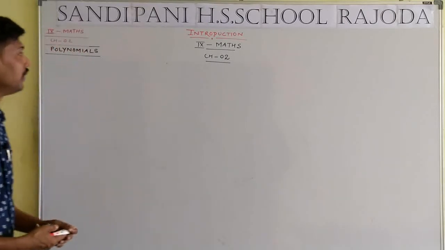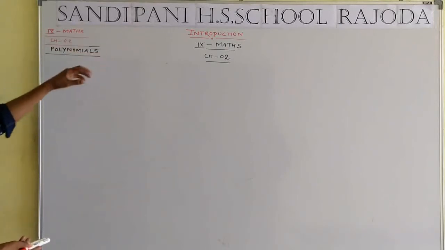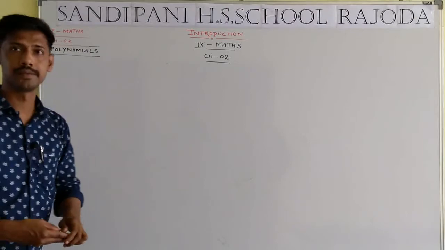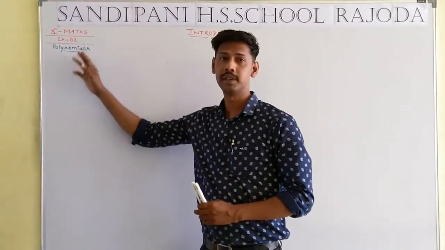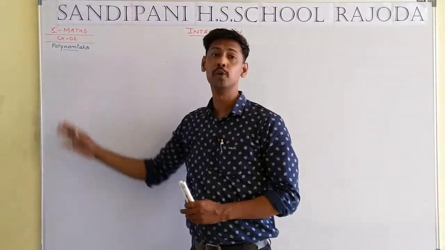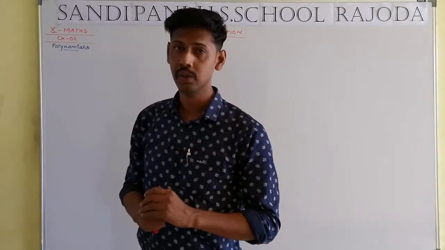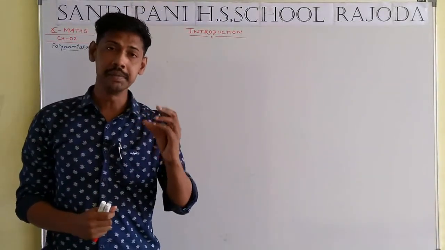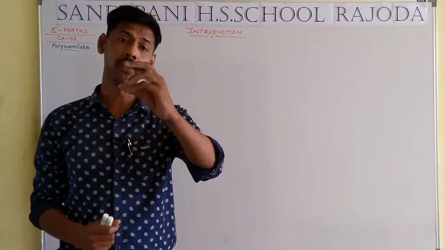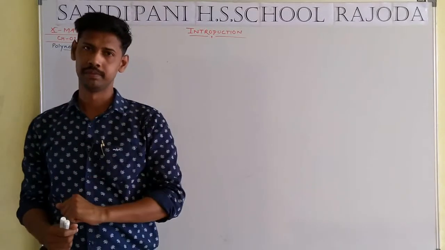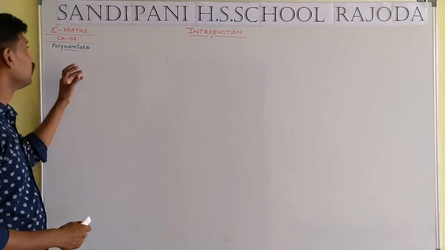Today, we will be taking exercise number 2.1, introduction of chapter number 2, class 10th mathematics. We will start a new chapter, chapter number 2, which is known as polynomial. The polynomial chapter was also introduced in class 9th. You know the words term, expression, mono, bi, tri, polynomial, linear, quadratic and cubic. That means we start with the introduction of chapter number 2, polynomial.